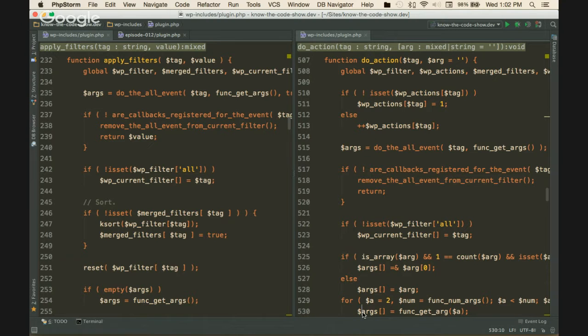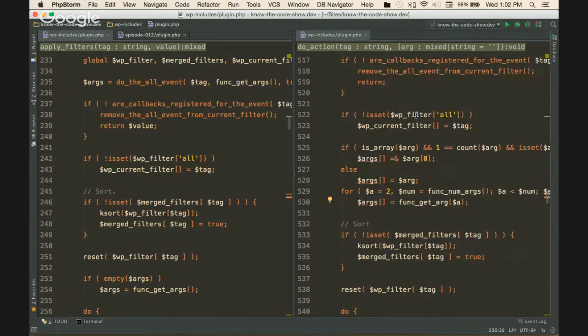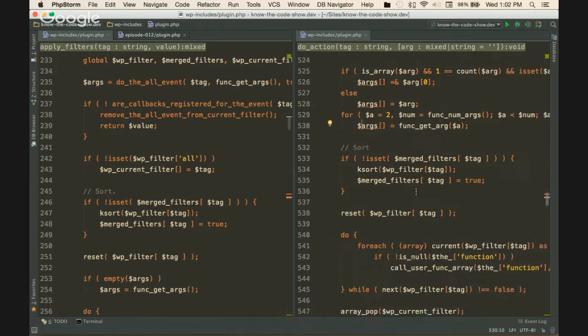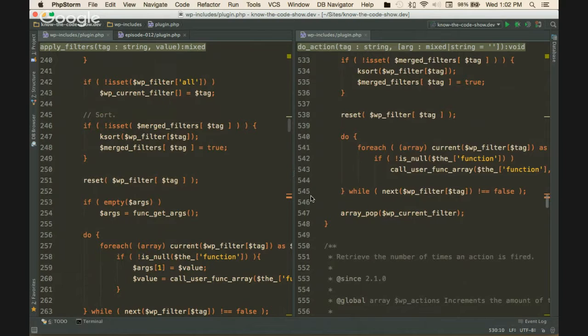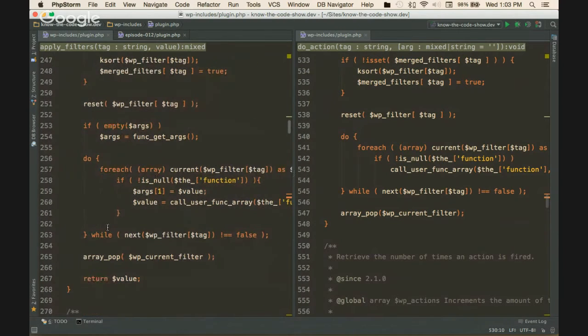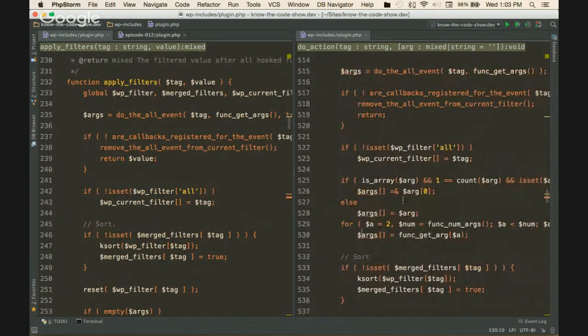And let's switch back over to the code. So we've got these two functions side by side. We've already refactored out some of it, but there's still a lot of redundancy in here. Let's scroll up. You see it right here? Look at this. It's the same. Look at that. And we scroll down. Here's the sorting. There's sorting. We reset. Yep. Here's where you call all of the different callbacks that are registered. Yep, right here. It's exactly the same. And then here's where you're removing it from the current filter. Okay. So we know that it's very wet,